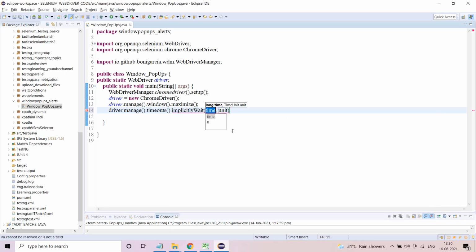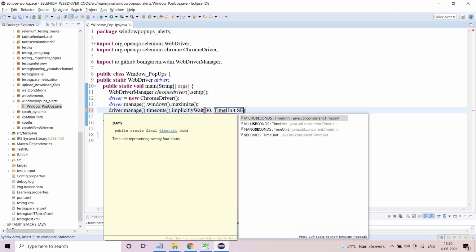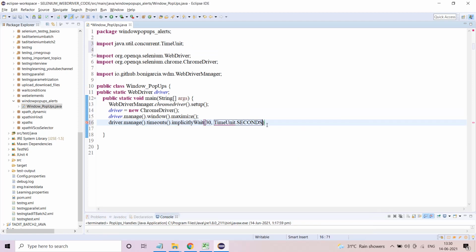I'm introducing implicit wait, 30 seconds I'm giving. You can also do this, because here we are switching to different windows. Sometimes Selenium might need time, and as usual my internet is pathetic, so for me anyway it will take more time, and I sometimes get stuck because of my poor internet quality. But still, I'll advise you to use this.